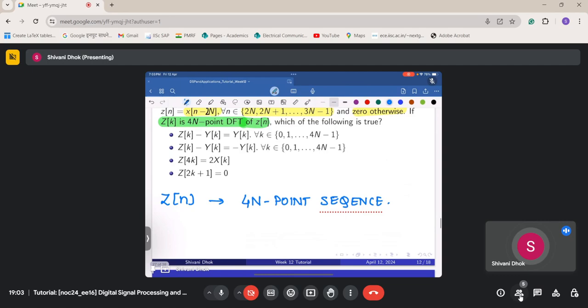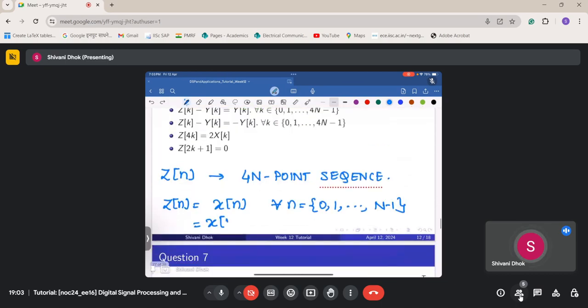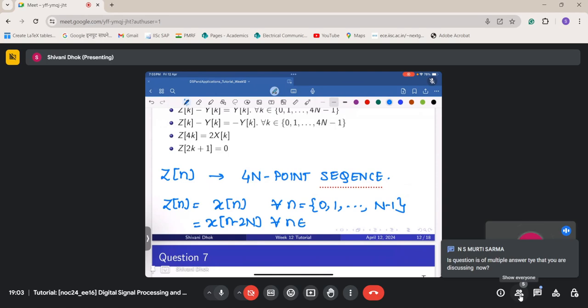Okay, so now this z of n is equal to x of n for all n ranging from 0, 1 and so on till N minus 1, and this is equal to x of n minus 2N for all n ranging from